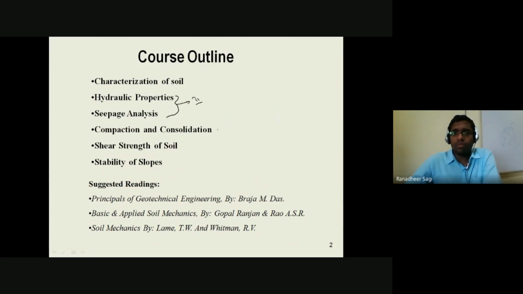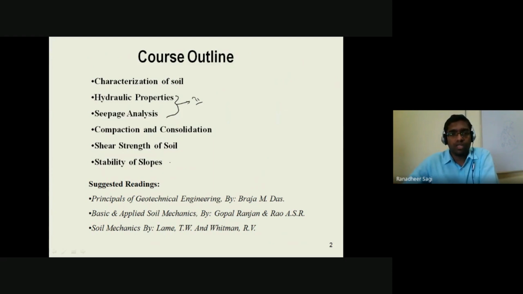Coming to your third unit, we'll be mainly focusing on what is called as compaction and consolidation. So in this, we'll try to understand, due to the loads what are getting applied onto the soil, how the settlement, or rather the compression is happening in your soil strata. How the compressibility characteristics of the soil are going to be is what we'll try to understand in this third unit. And coming to the fourth unit, which is shear strength of the soil, where we are going to be understanding, like, how are we going to determine the shear strength of your soil based on different laboratory tests, is what we'll try to come across in this particular unit, that is shear strength of the soils.